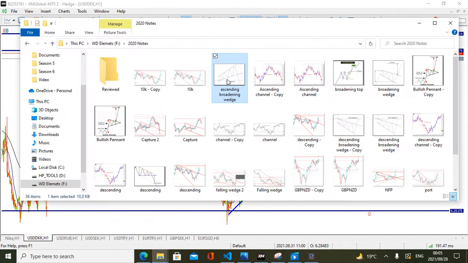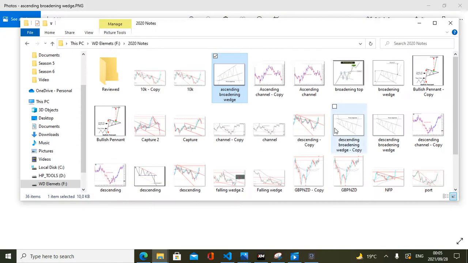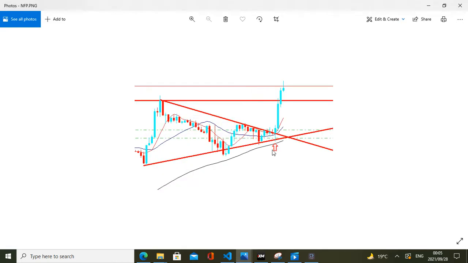This is what an ascending broadening wedge looks like. Essentially, it's this rising pattern here, right? It doesn't always look perfect, it doesn't always look slanted like this. Sometimes it's steeper and it goes up, as you'll soon see. And then we're looking for a sell position, and then we're gonna sell. What also happens, I just want to show you what may also happen at the tip of the ascending broadening